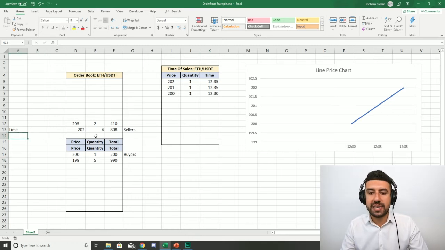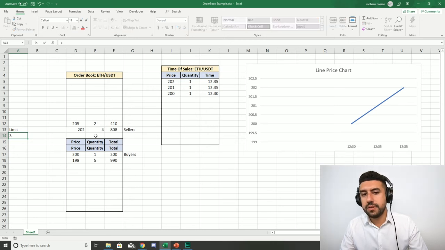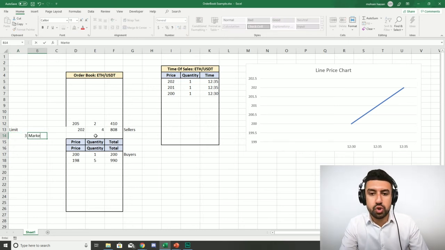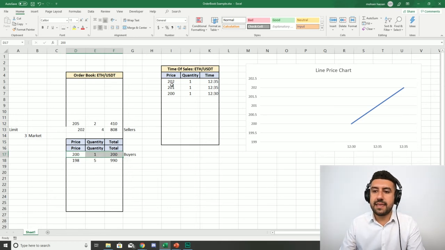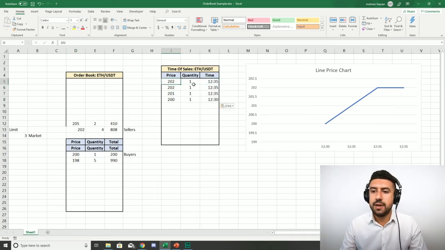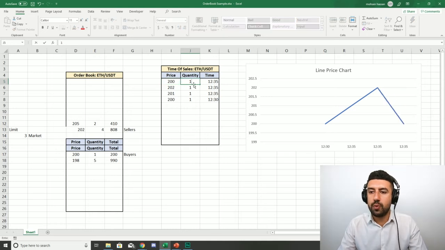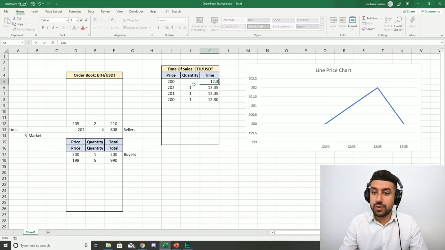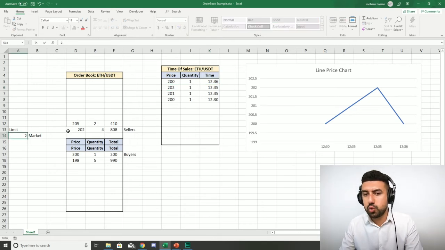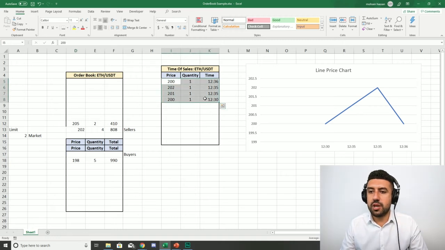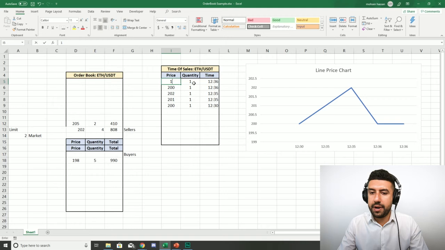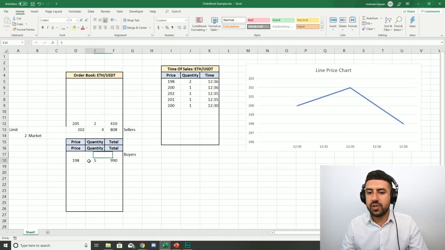If somebody sends a market order to sell 3 coins, there's no price, so it'll just go and sell. It'll be like, okay, I want to sell 3 coins. It'll sell to this buyer that has the price of 200. So this is going to go down, and at 200 he wants one. So there's going to be 1 coin, and let's say it's 12:36. Then he still wants 2 left. This one is going to be gone, and he's going to get 2 from him. So these other 2 transactions happen at 198, 2 coins. And this one is still going to want 3 because he only got filled 2.